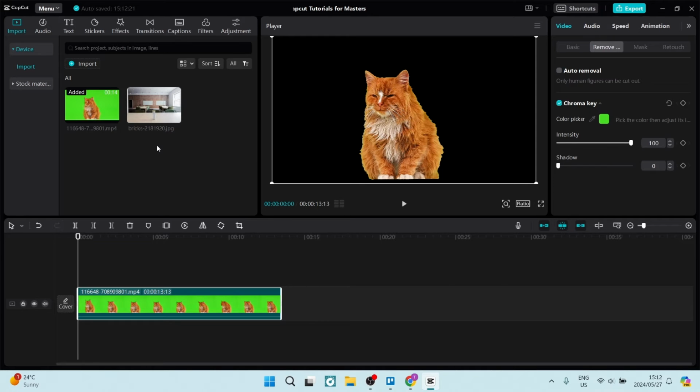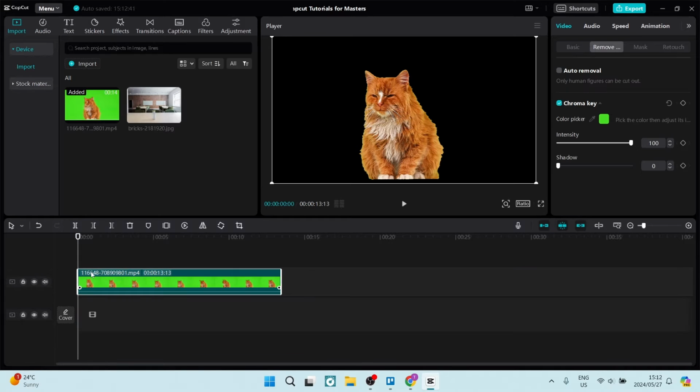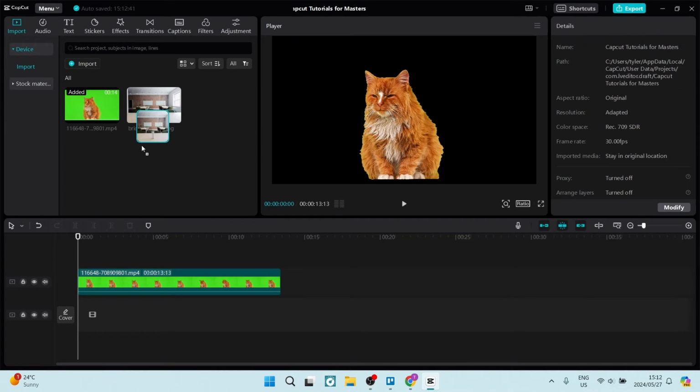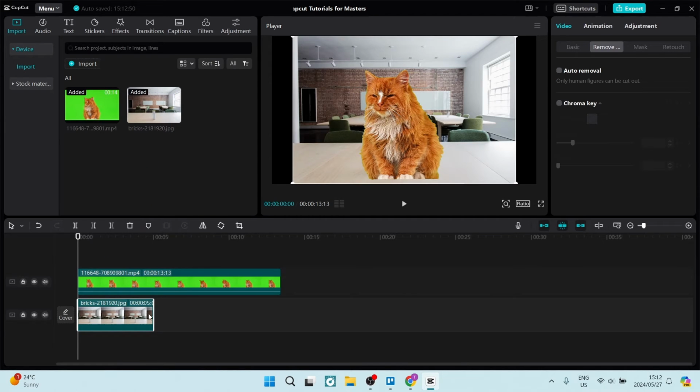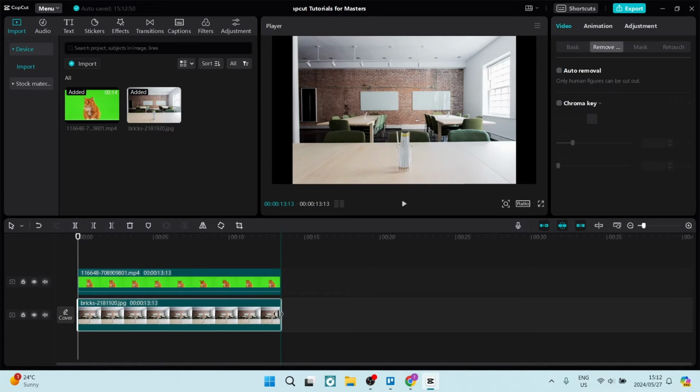But first we need to take this video and move it to the above track. As you can see now, it's not on the main track anymore. We're going to click down on this image and put it in our main track. We can adjust the duration so that it fits the duration of the video. And from here, we can make some adjustments to the actual background because right now it doesn't look very